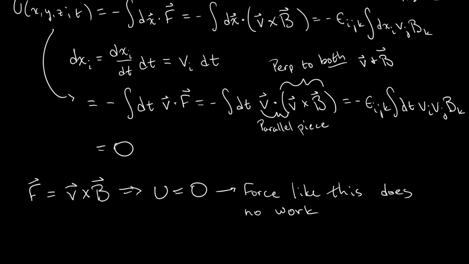And actually this is, again, a little bit sloppy. This should just be some constant, which I'll call u naught. But we can fix u naught to be 0. Like I said, for our convenience, I'll call it 0. So this again is a very general result, right? We never chose a form for this vector b. We just know that if the force is perpendicular to velocity, we have to get 0 work done. So that's a very cool result.